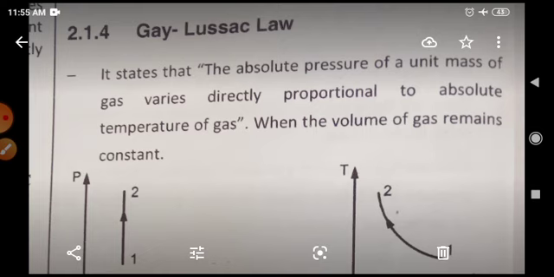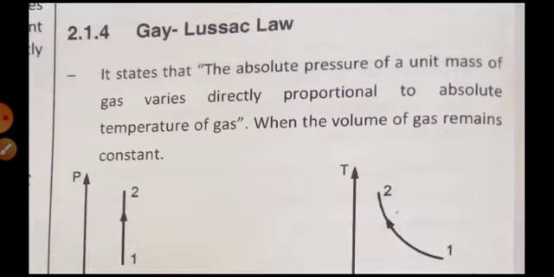And now in Boyle's law, the temperature remains constant. We have seen the pressure-volume relation, that is PV equals MRT, where P is pressure, V is volume, R is the gas constant, M is mass, and T is temperature. So depending on the constant quantity, whether pressure, volume, or temperature is constant, there are three types of processes. Charles's law, in which pressure is constant; Boyle's law, in which temperature is constant; and the third one, which you are looking at on the screen, is Gay-Lussac's law, in which the volume is constant.